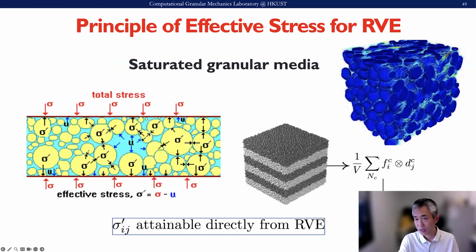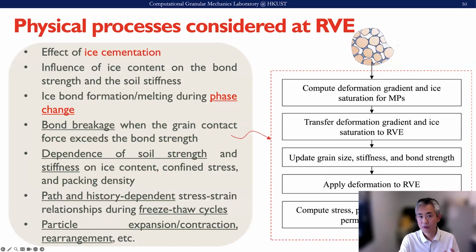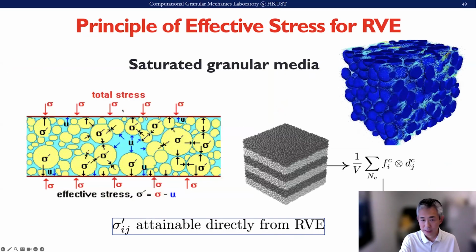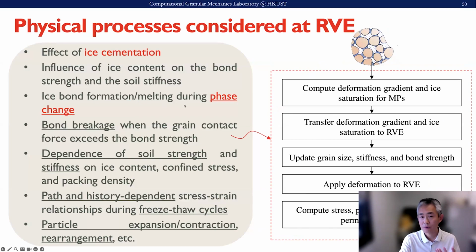So we apply this principle of effective stress for these solid DEM simulations here. And the physical process we consider includes the effect of ice cementation at the contact level. The ice content will also affect the bond strength and stiffness as well. The ice bond formation and melting, these phase changes during freezing of the soil, mean bonds can be broken and then make the soil strength